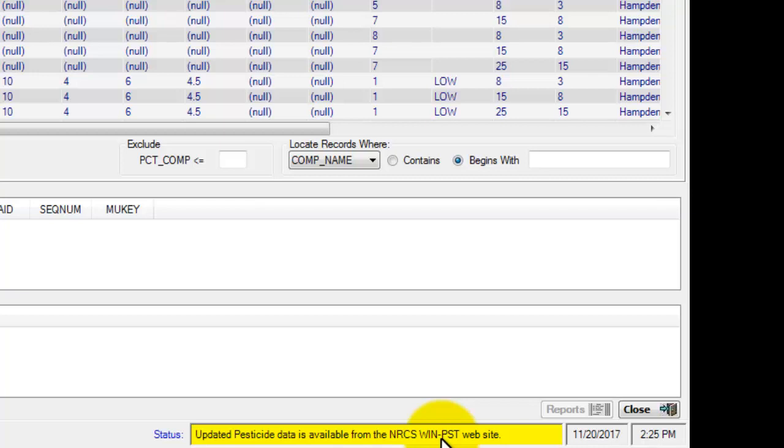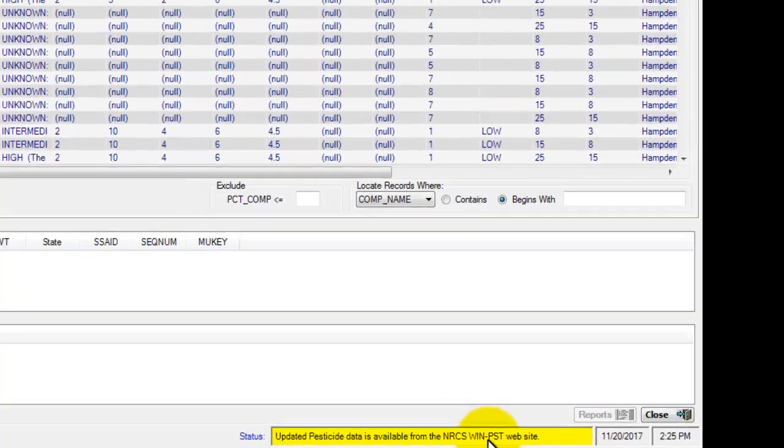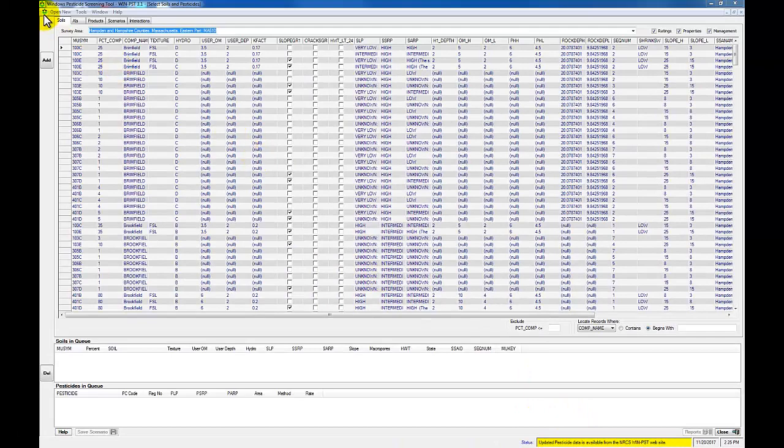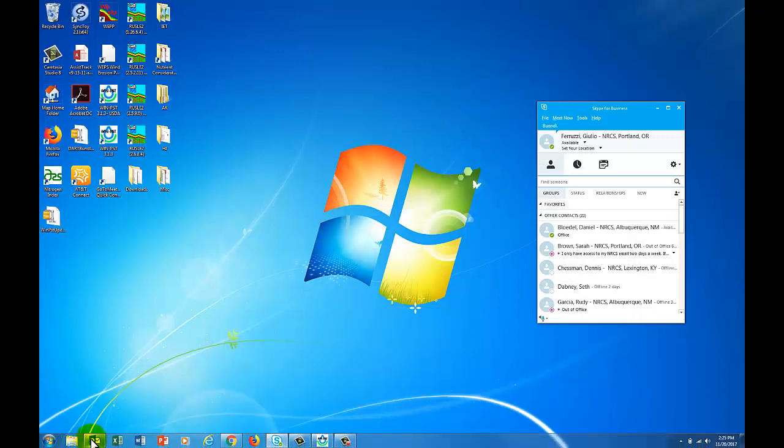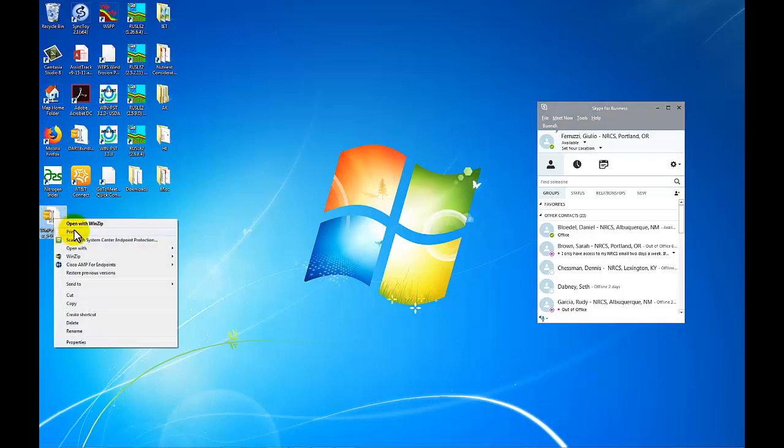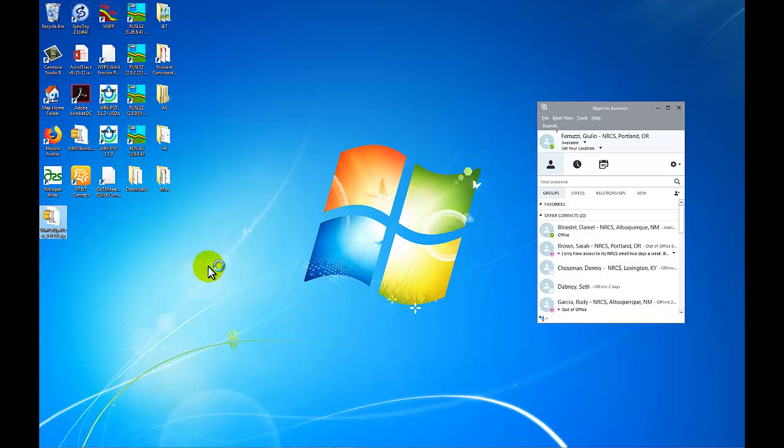So one, you have to have an internet connection, and two, your database has to be out of date for this to turn yellow. If it is that way, and as we saw earlier in the recording, I downloaded the WinPST update. So at this point, I'm going to extract to here, and now here is the extracted Access database. So when I go into WinPST,